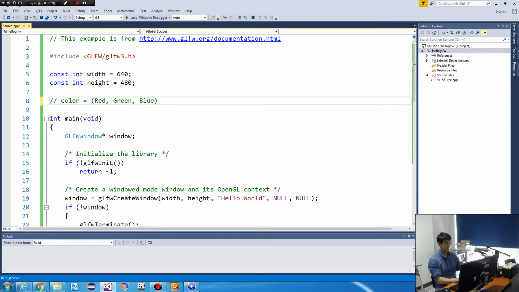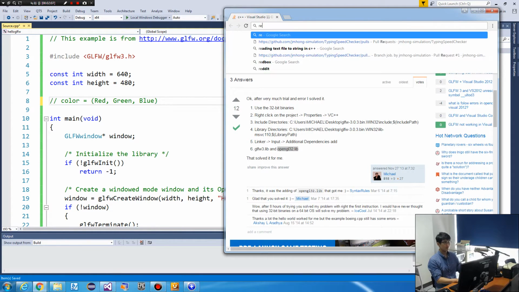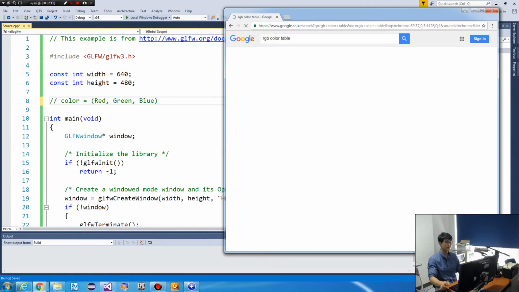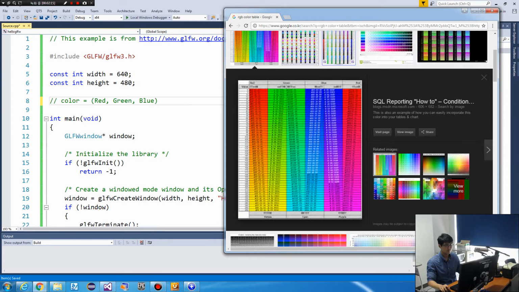This is standard RGB color, red, green, blue. And you may find an RGB color table on the web, like this one. So you can draw so many colors by combining these colors.